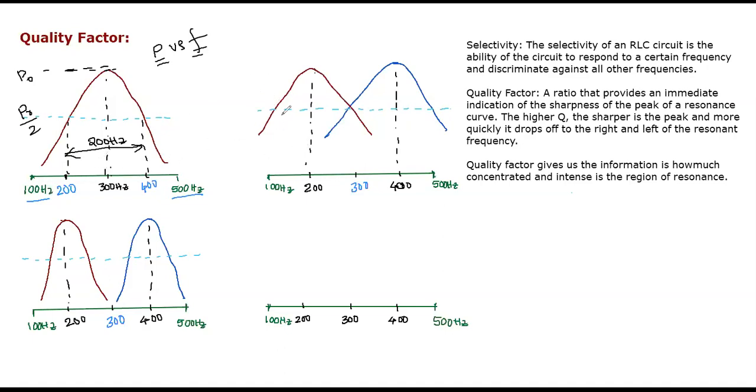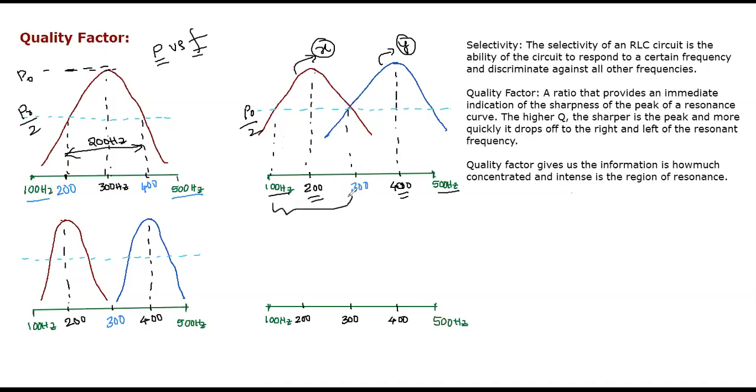In the second case, for example, if you transmit signals with the same bandwidth within this range, that is 100 hertz to 500 hertz, let us take one RLC circuit. So this is the X RLC circuit and this one is the Y RLC circuit, Y channel. Now the X channel resonant frequency is 200 hertz and the Y channel resonant frequency is 400 hertz, and the half power frequencies, this is P naught by 2. This half power is at 100 hertz and this one is 300 hertz.